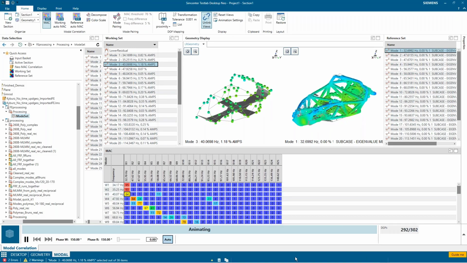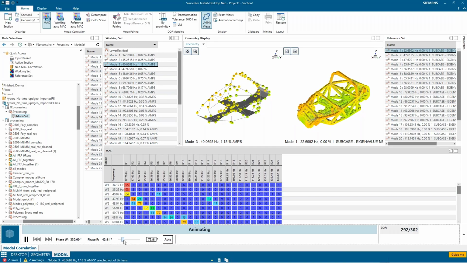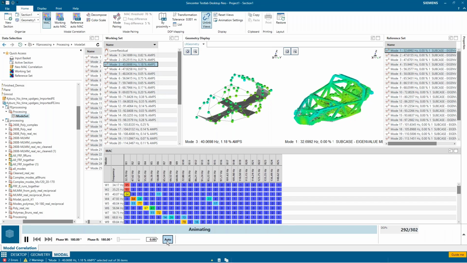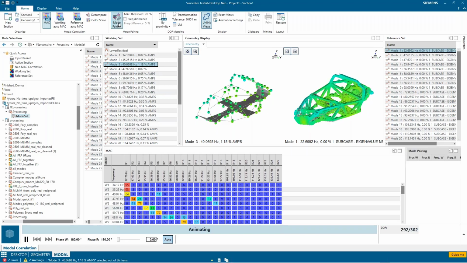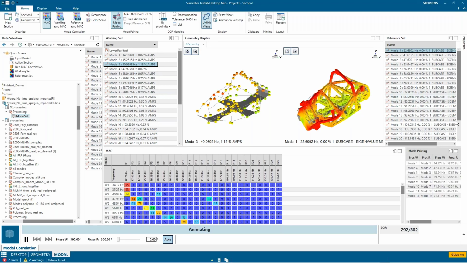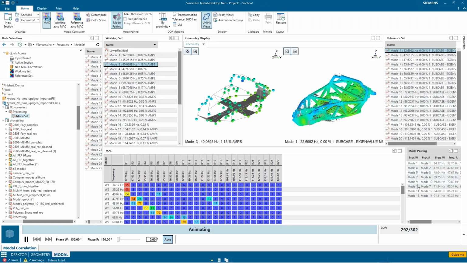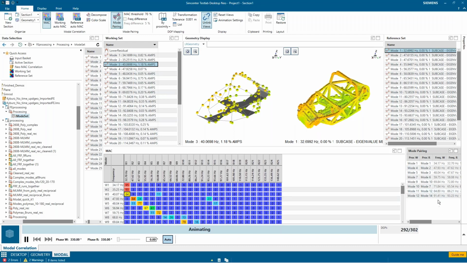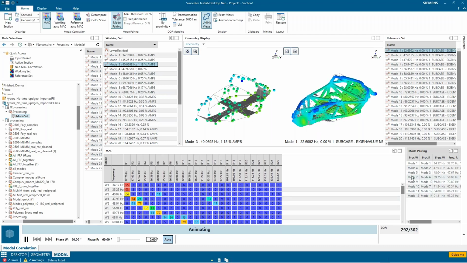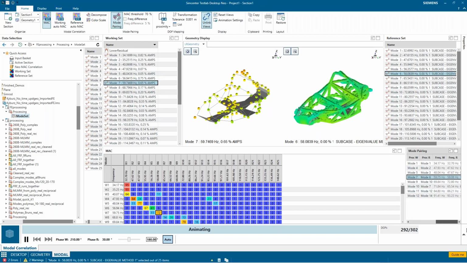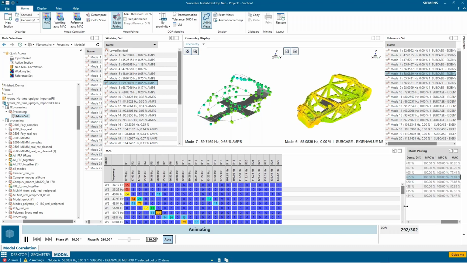If I want, I can turn auto off or just manually grab my phase here. If I need to synchronize them, I can click auto. I can turn on my mode pair table again, so turn on mode pairing. So I found 8 pairs of modes. If I wanted to animate one of these, I just pick the mode pair. I can scroll over to the right to see what the MAC values are.